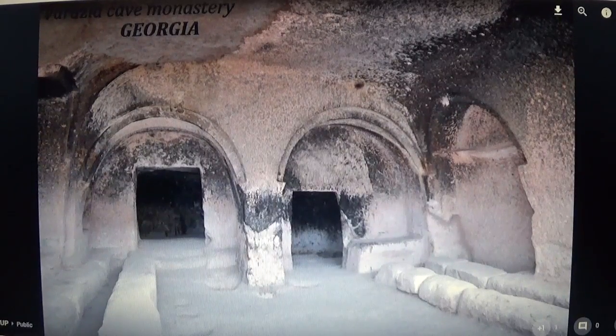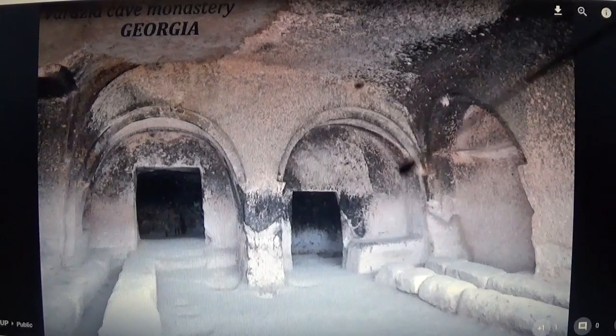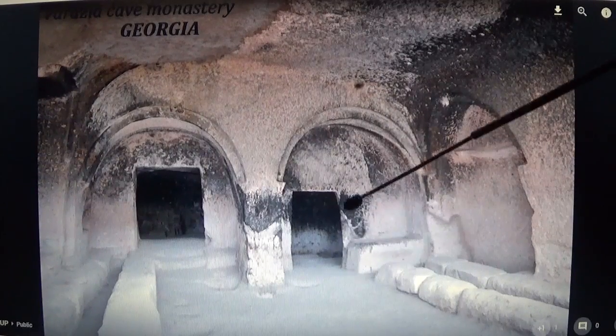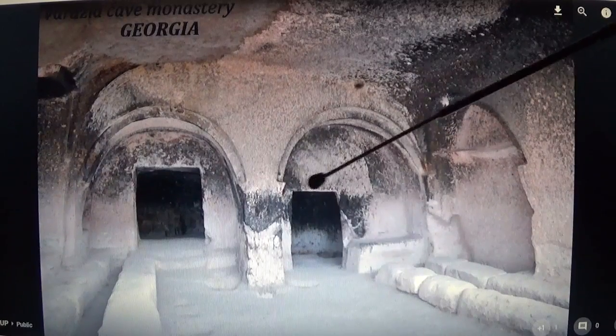This is Vardzia Cave Monastery in Georgia. And I'm telling you now, I'm thinking that these were once something like windows, right? You can even see there, it looks like when you open your windows halfway, you've got a contraption that you pull and it jams. It's right there. And then obviously archaeologists, in recent history, have come and carved themselves a little doorway through